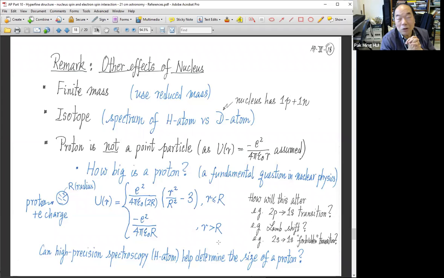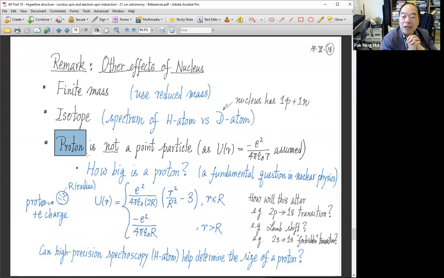This is a deuteron, right? So in the nucleus, you have one proton, one neutron. How will it change the physics of a simple hydrogen atom? A very interesting exercise will be,